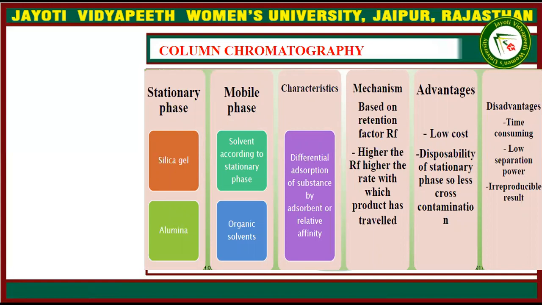Next is column chromatography. Column chromatography is typical than paper and thin layer chromatography, because it is used for the separation of particles in tubes, and it is a very laborious method. The stationary phase of column chromatography is silica gel or alumina, and the mobile phase in column chromatography is